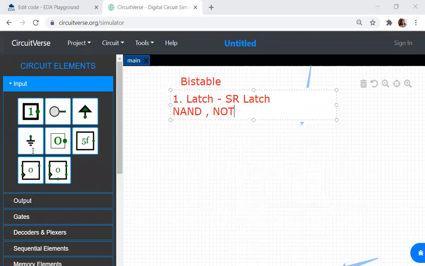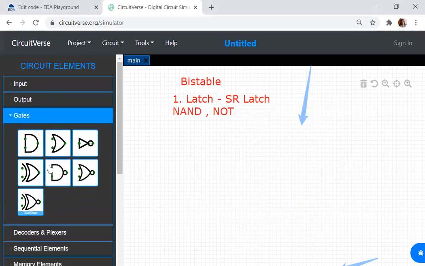If you take a NAND gate, this NAND gate is equal to AND gate plus NOT gate, right? So that is why this is a NAND gate and a NOR gate.